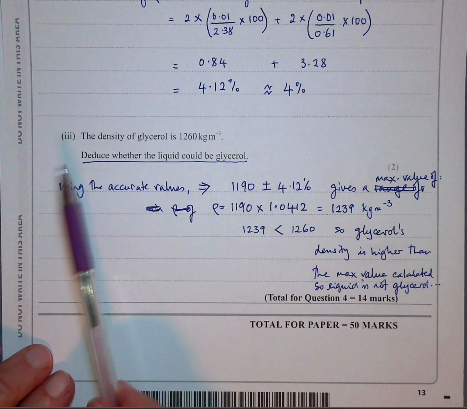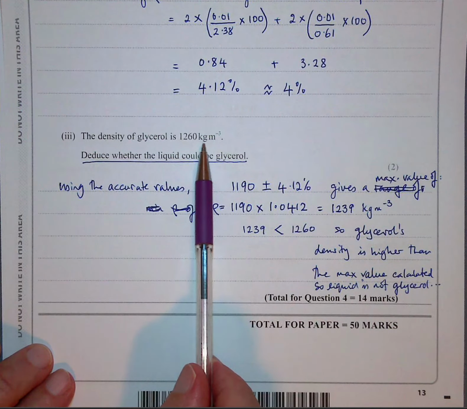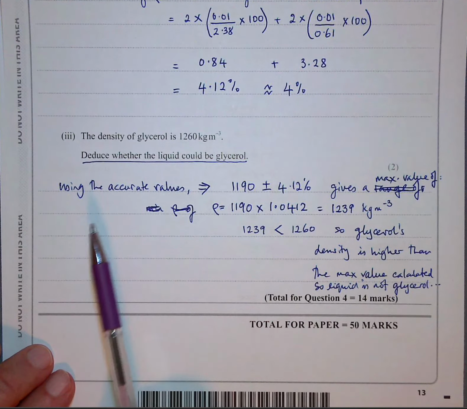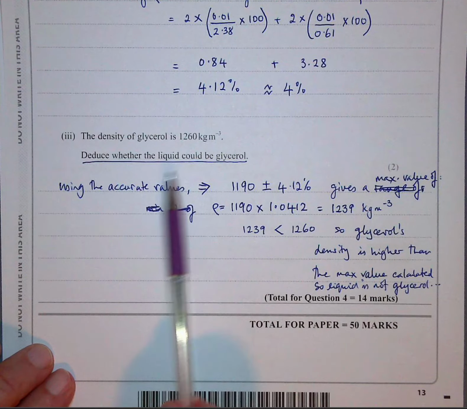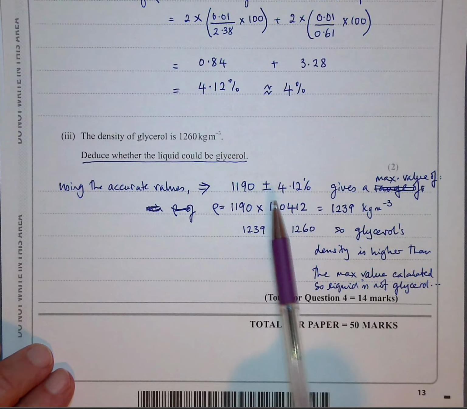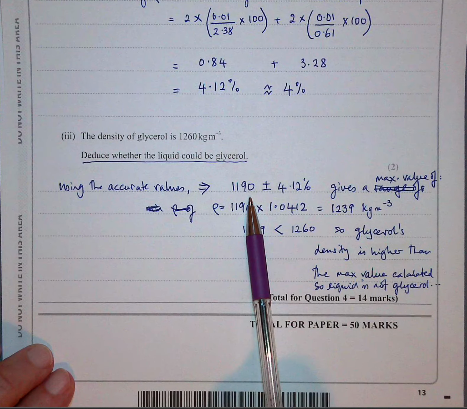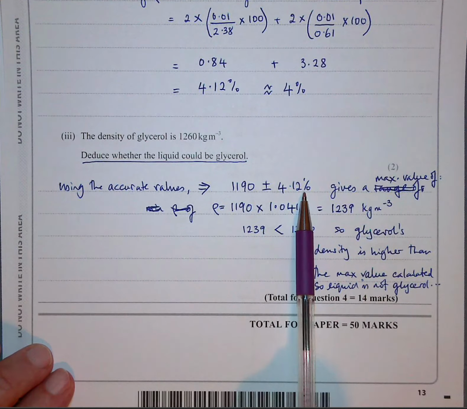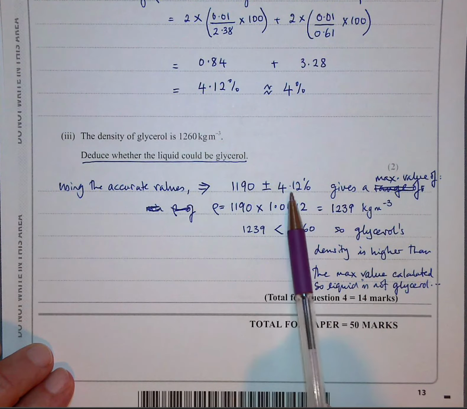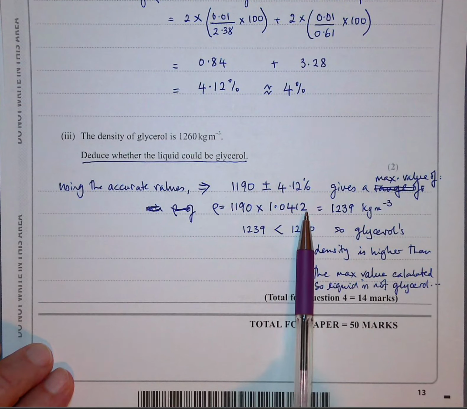So then the final part of the exam, the 50 marks here, we've got 2 marks left to do. The density of glycerol is given as 1260 kilograms per meter cubed. Could the value that we just calculated, which was 1190, be glycerol? Well, 1190 is not 1260, but we're 4% uncertain. So even if you use 4.12% uncertainty, 1190, the value we calculated above, plus 4.12%, which is the biggest thing, the maximum value of that would be 1190 times 1.0412, which gives you a